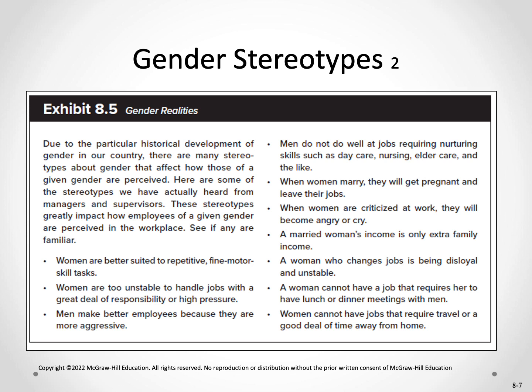Women cannot have a job that requires them to have lunch or dinner meetings with men. Again, these are sex-based situations where they assume that a woman would not be allowed to have dinner with a person that is not their husband or their boyfriend or their father. It's a very patriarchal point of view that men could not be controlled if women were to have lunch with them, that they would then be harassed. So they blame the woman as opposed to blaming the harasser in the first place.